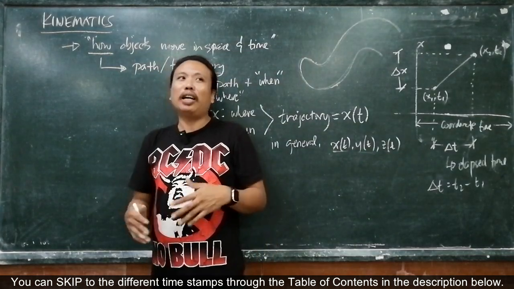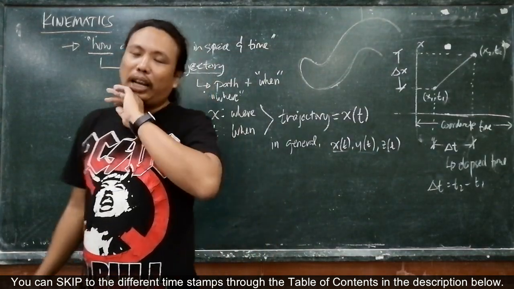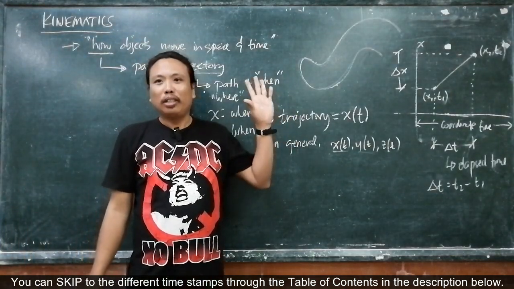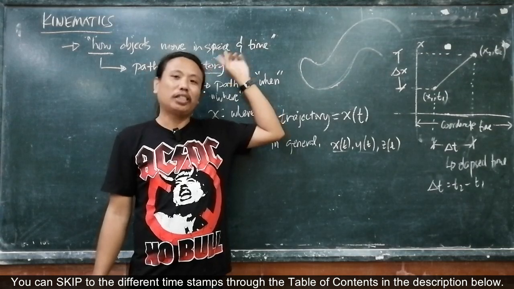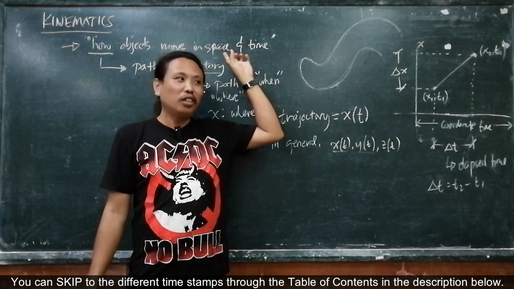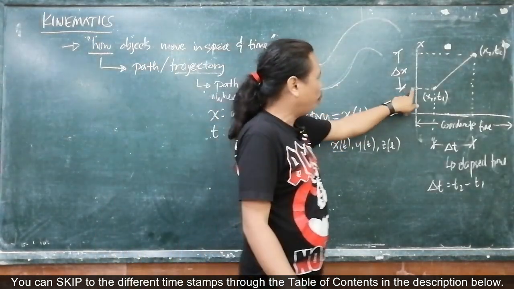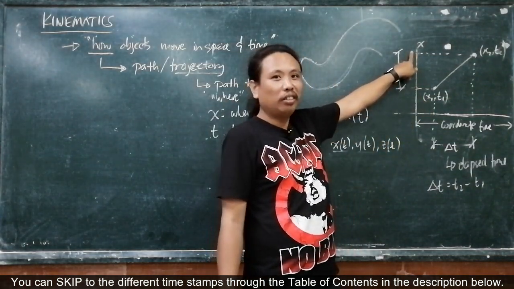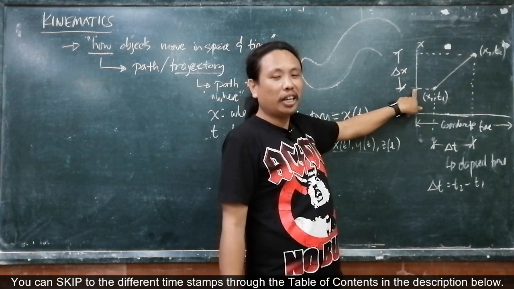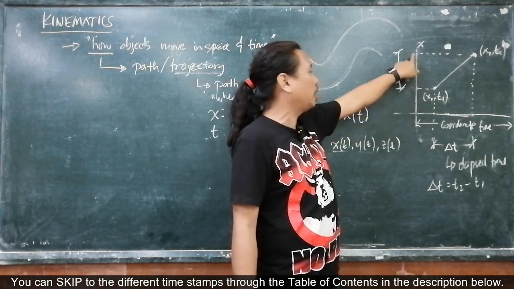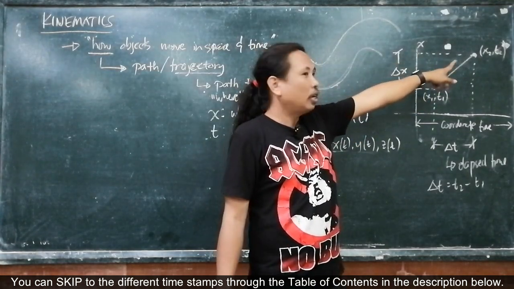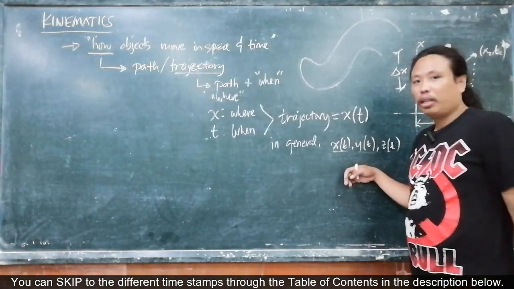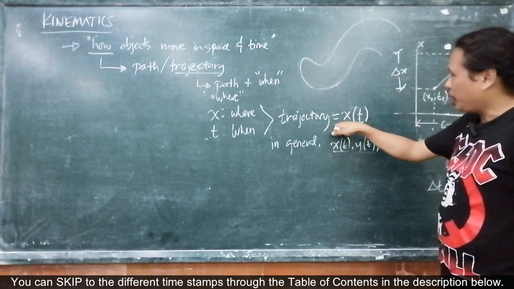And as far as I know, they said that it's the distance from Luneta. That's kilometer 0. So for example, this could be kilometer 100, and this could be kilometer 180. So you are at kilometer 100 at 1 o'clock, and you are at kilometer 180 at 3 o'clock. Okay. So, by the way, we have the trajectory.